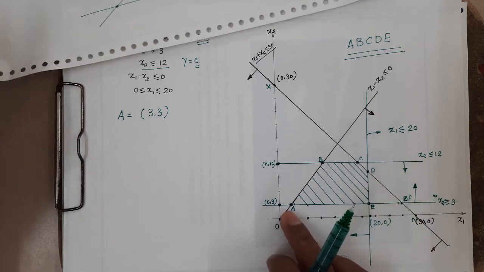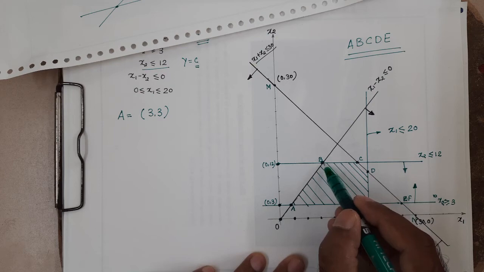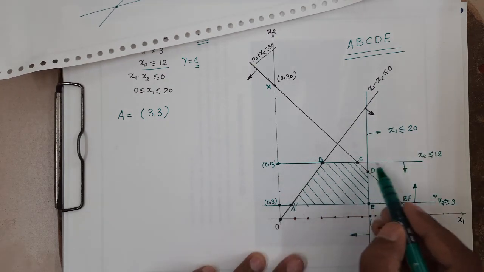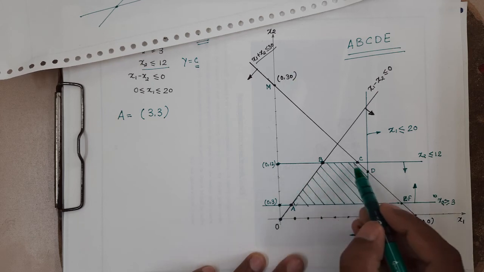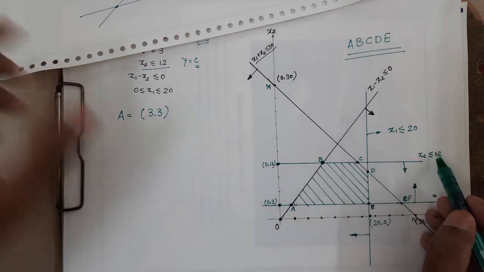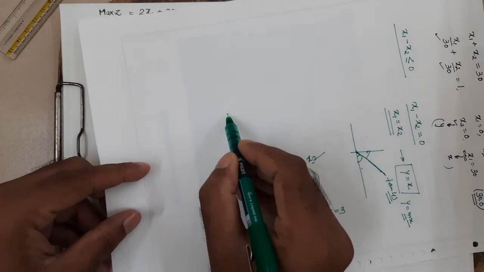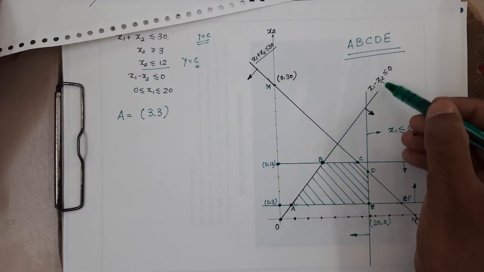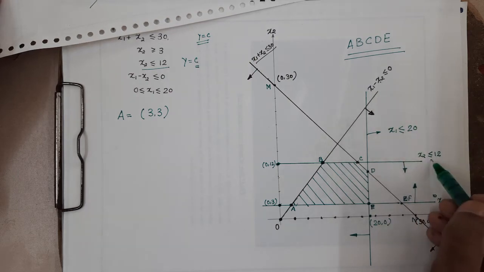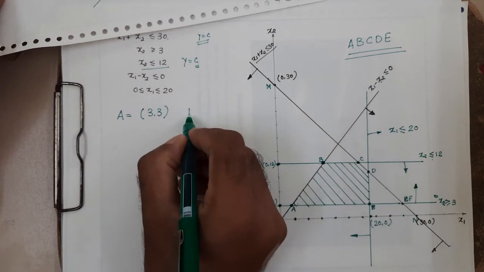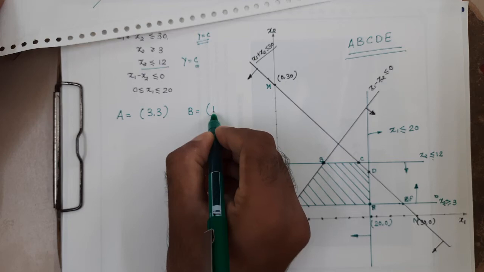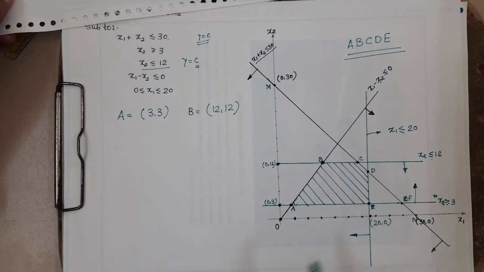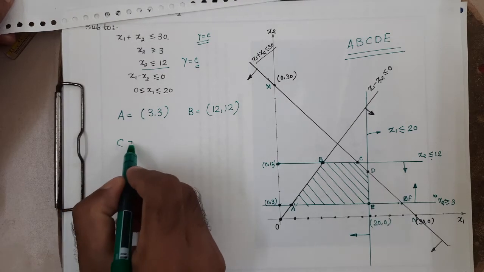सो लेट अस फाइंड पॉइंट B. B कहाँ पे है? सो B यहाँ पे है. अगेन वन लाइन, ये ब्लैक लाइन कॉमन है और ये ग्रीन लाइन कॉमन है. तो ग्रीन लाइन का इक्वेशन क्या है? इस लाइन का x2 इज इक्वल टू 12. सो ये हो गया x2 इज इक्वल टू 12 और यहाँ पे x1 इक्वल है x2. सो दिस इज 12, सो दिस विल बी ऑल्सो 12. सो पॉइंट B इज 12,12. लेट अस सी C का कोऑर्डिनेट क्या होगा?